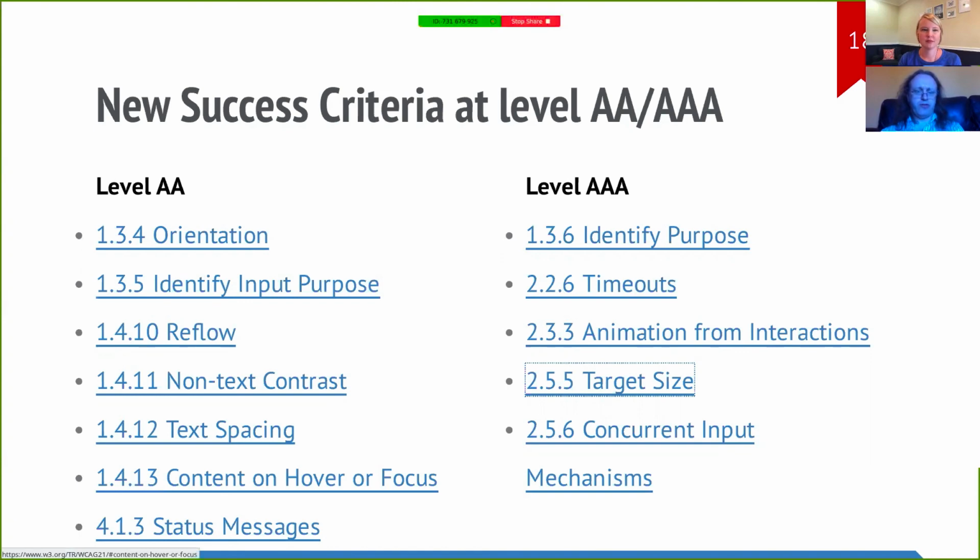Content on hover or focus. This is about where things like balloon help and tooltips go. You could probably use JavaScript to query the actual location and coordinates and then say, is there anything else underneath that's been obscured, and simulate an escape key press to see if you can dismiss the dialog, the tooltip.